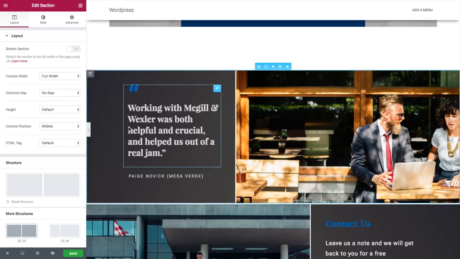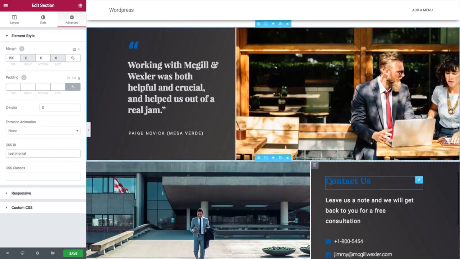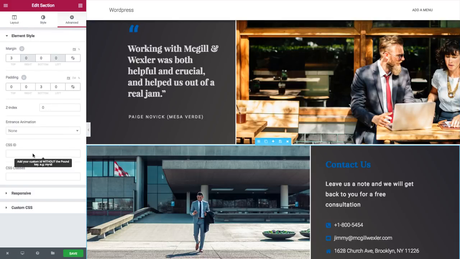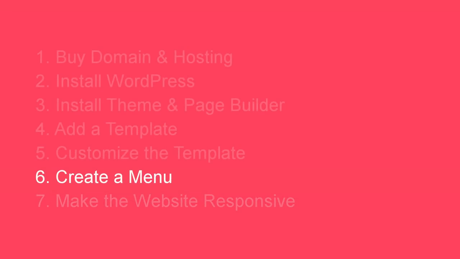This section, I'm going to call it, advanced, testimonial, and under this section I'm going to call it contact. Now I'm going to save the page, and let's go back into the dashboard,